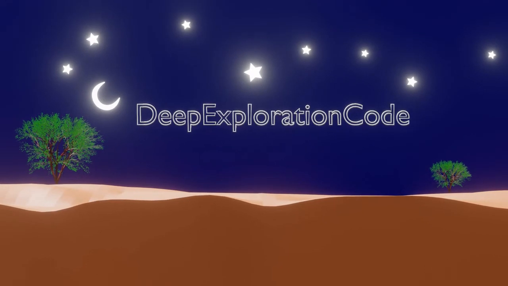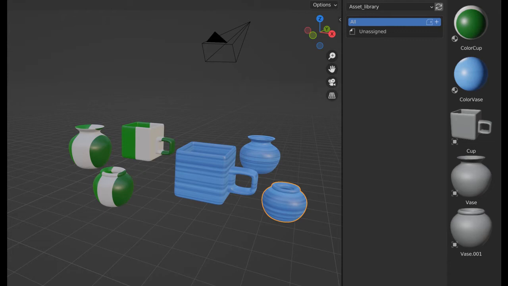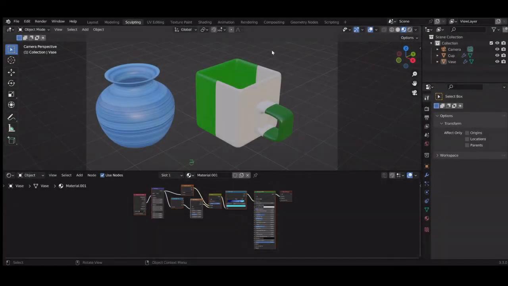Today, I will show you step by step how to build from scratch your own object library for Blender by using Asset Browser. After opening Blender, here are two objects that we have made, a vase and a cup, which